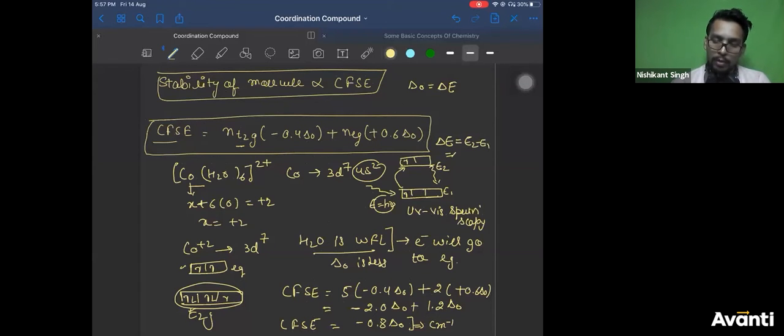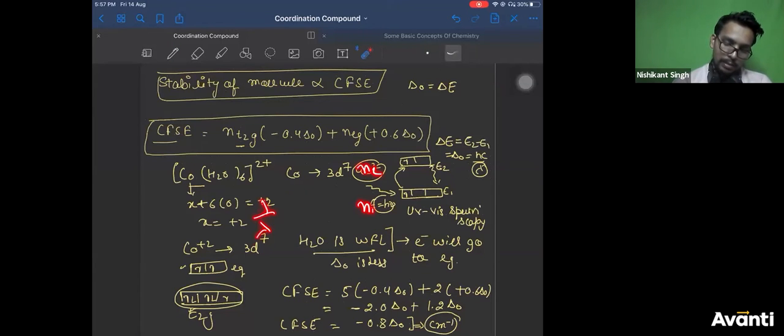which is also your Δo, and the energy is nothing but hc by λ. So centimeter inverse because you measure 1 by λ. Or you can assume it like this, Rydberg formula, n1, n2: 1 by λ is (1 by n1 squared minus 1 by n2 squared) into RH. You can use this also. So it is just like electronic transitions in structure of atom. So you measure this Δo using the structure of atom concept, which is equal to hc by λ.